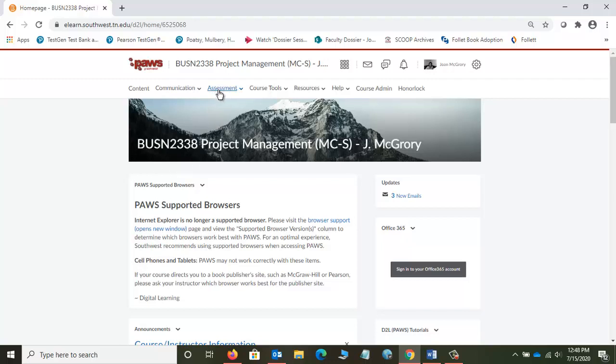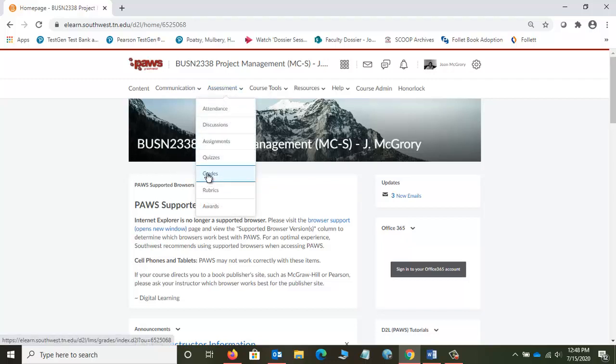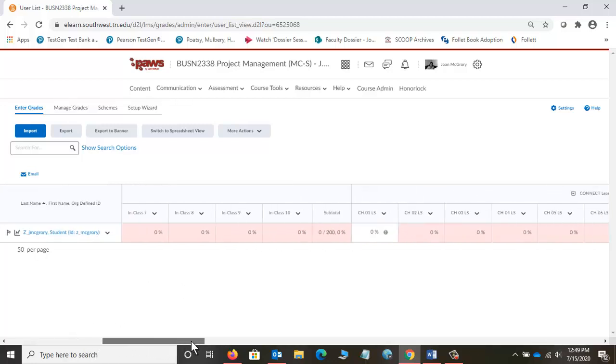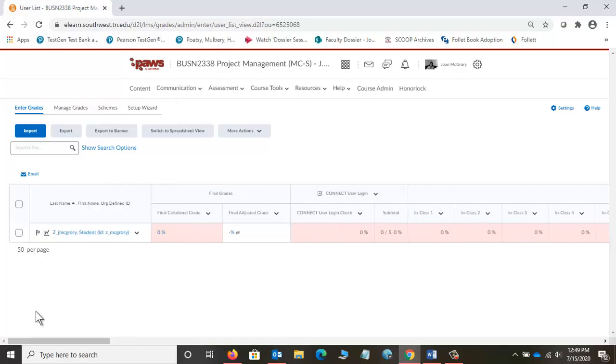As faculty, I can go to assessment and I can go to grades. When I first enter the course, I'm going to see this in a spreadsheet view. And when you're manipulating the grade items themselves, this is, to me, cumbersome. So if you go to Manage Grades,